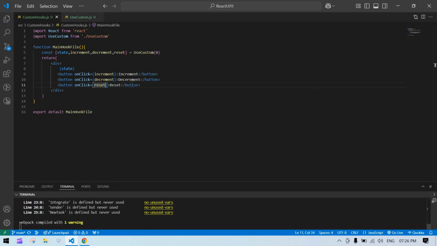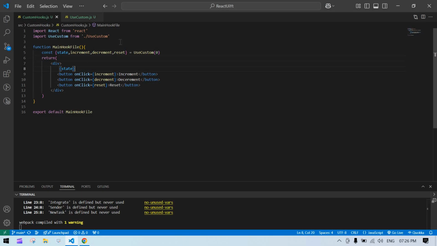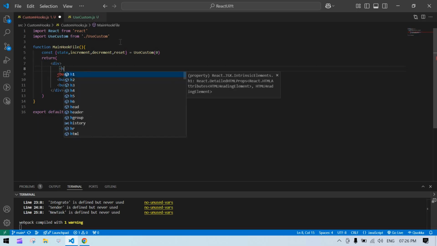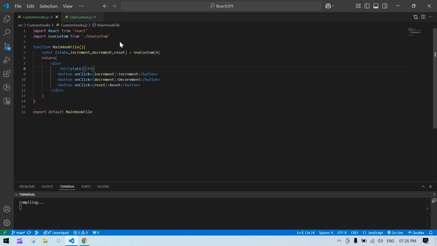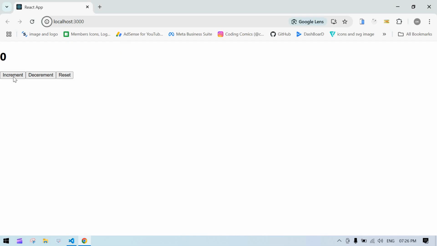I'll save this because I'm already running this project. So this is what our UI looks like. Just add a break here, or otherwise I'll just put this in an h1 tag. That will be better. Right now this is fine. And if I click increment, the value will increase. If I click decrement, the value will decrease. If I reset,